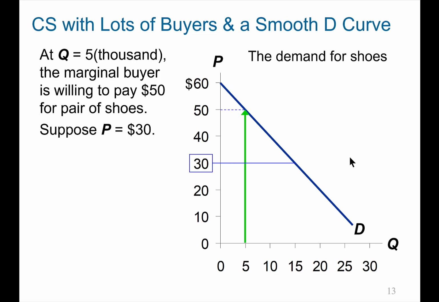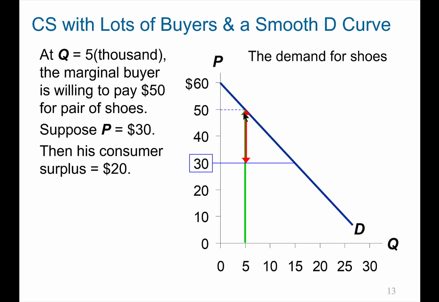I would put an arrow right here, pointing here, like I'm drawing it. Pretend this is a pencil. And then I'm drawing an arrow pointing to this demand curve. And I'd say willingness to pay. I'd write it right here, willingness to pay, pointing to the demand curve, because the demand curve represents willingness to pay. So whoever's buying this 5,000th pair of shoes values it at $50, only pays $30, and therefore that difference